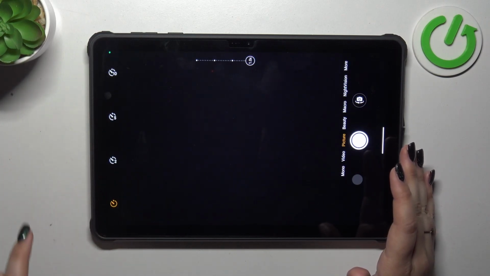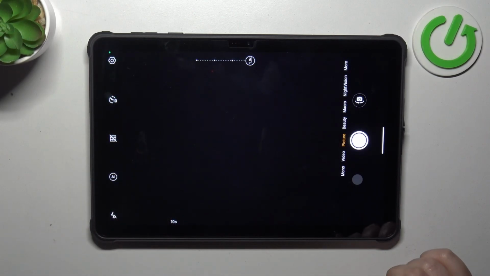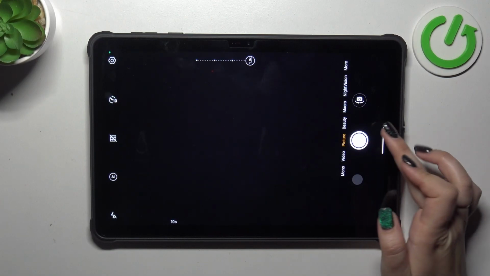So let's tap on it, and here we've got 4 different options: off, 2, 5, and 10 seconds delay. So all you have to do is to tap on the option you'd like to use. I will choose 10 seconds delay. As you can see, the icon will change slightly, and all you have to do is to tap on the